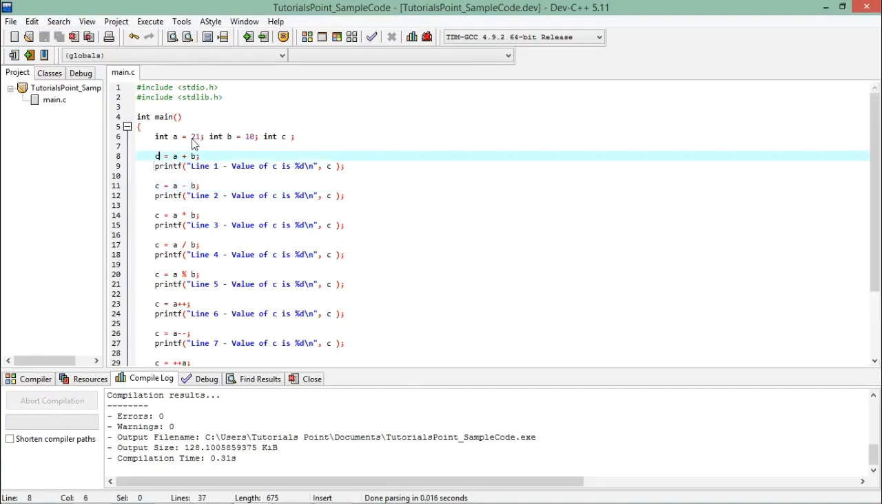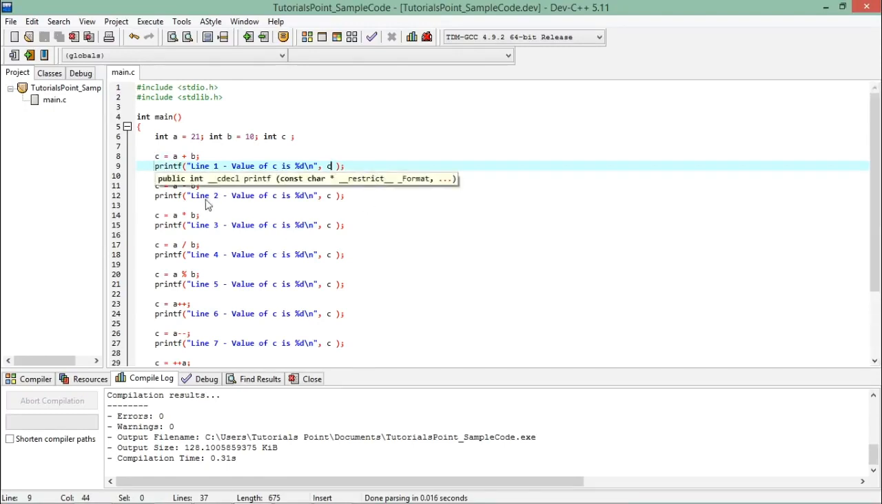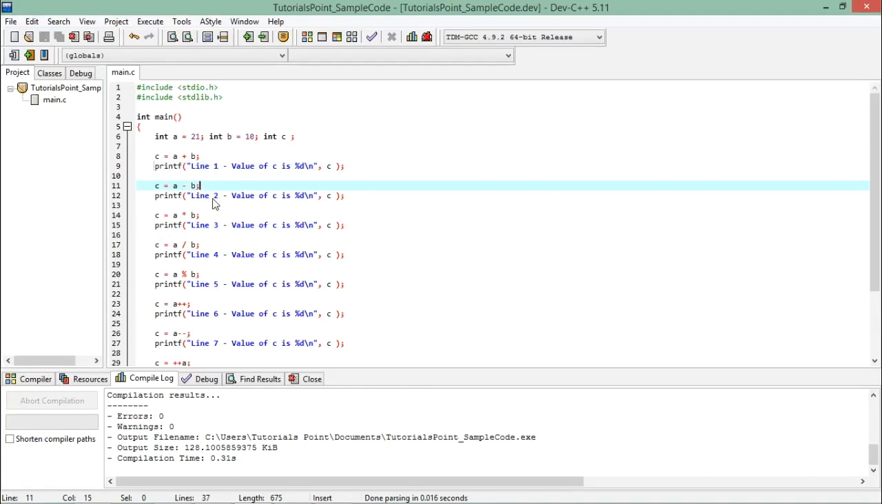So when you sum up 21 and 10, it will give you 31, which will be assigned to C, and later you can print that value. Similarly, you can also use subtraction, that is the hyphen symbol, for subtracting the value of B from A, and if you do that, 21 minus 10 will be 11, and then that will be assigned to